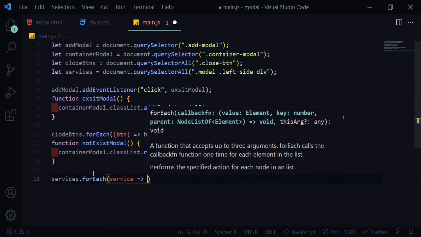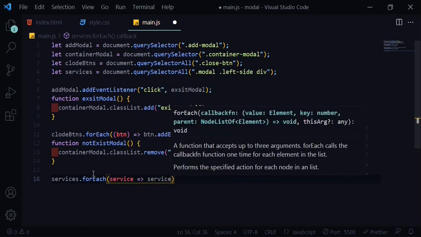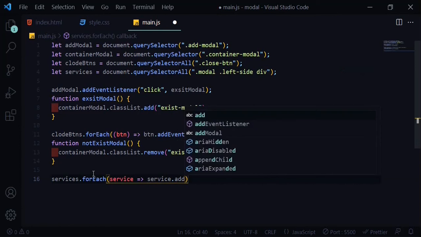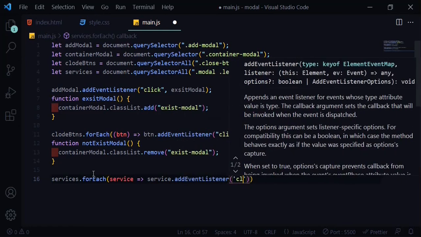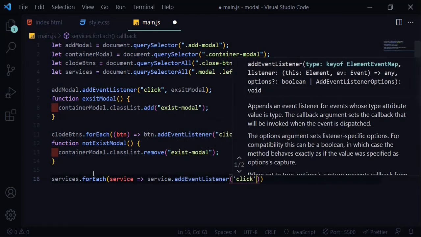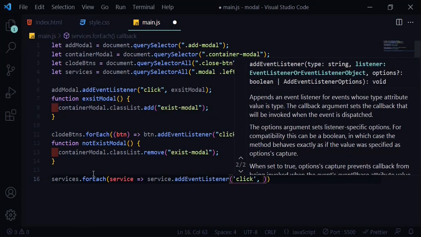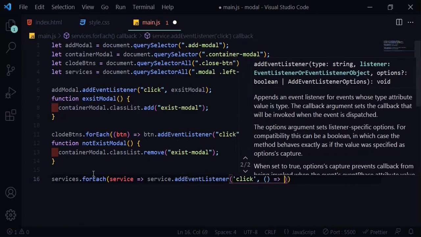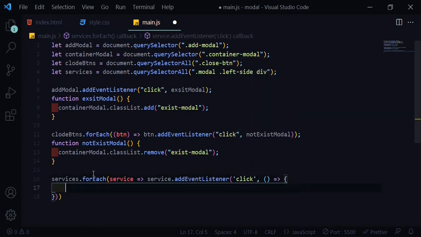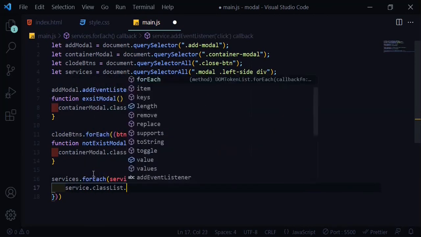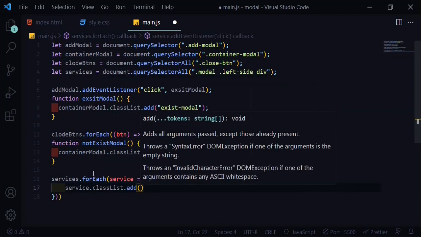On click add to this service the active class, to make it highlighted,